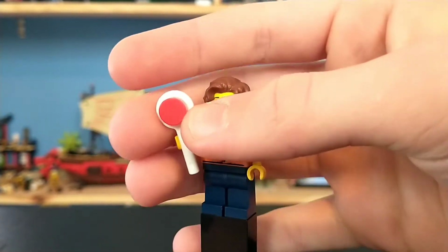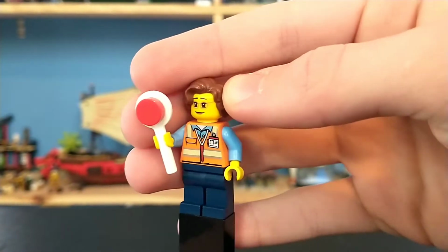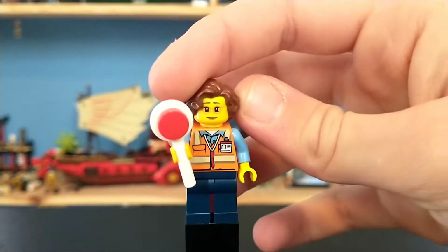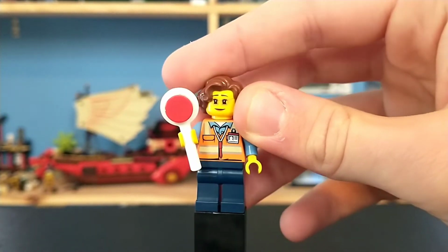She has these sort of things that I guess she uses to control the parking of the school bus and stuff. No double side face. She does have really cool name tags sort of on her chest. A little bit of back printing, pretty standard figure, but it's interesting how it's pretty much identical to the lady